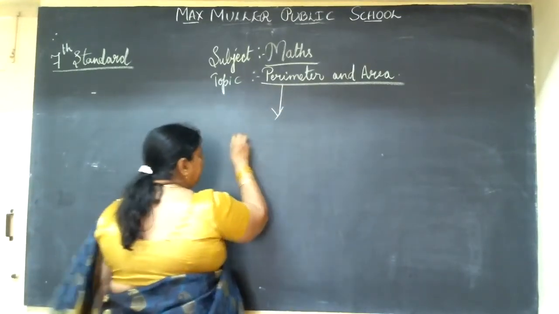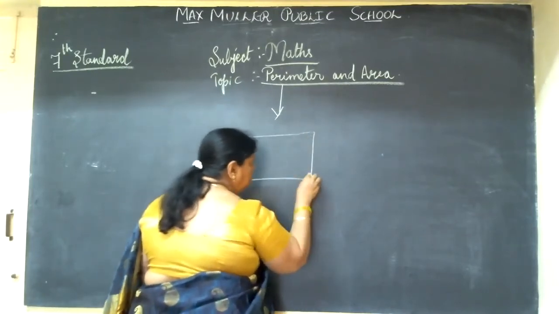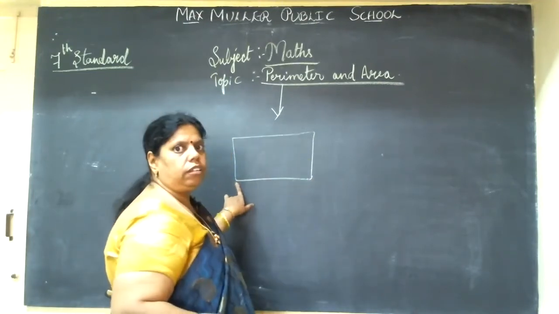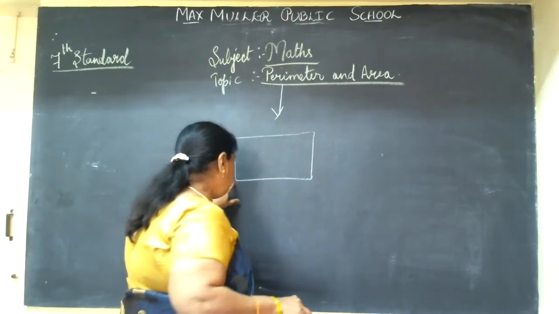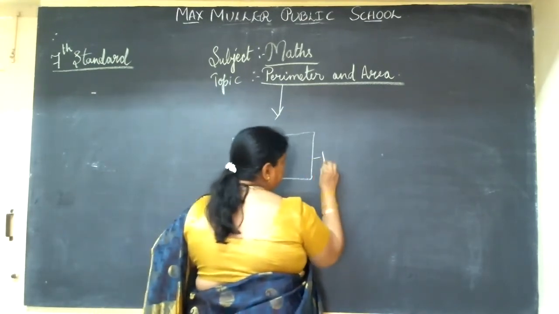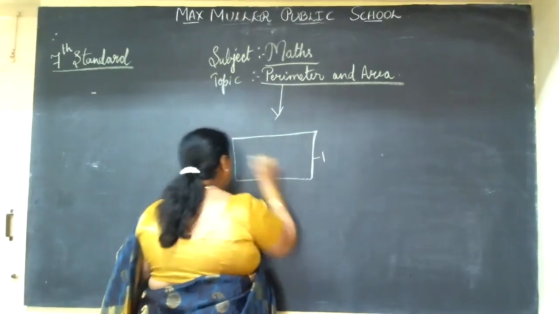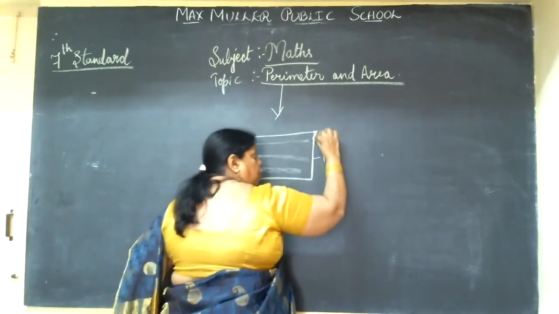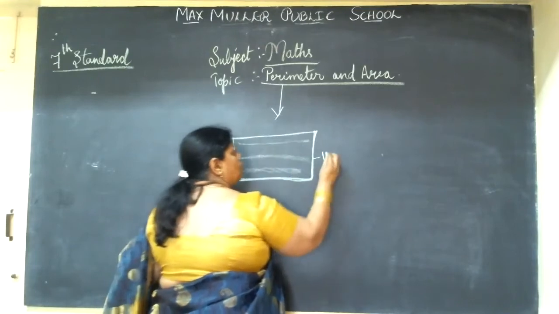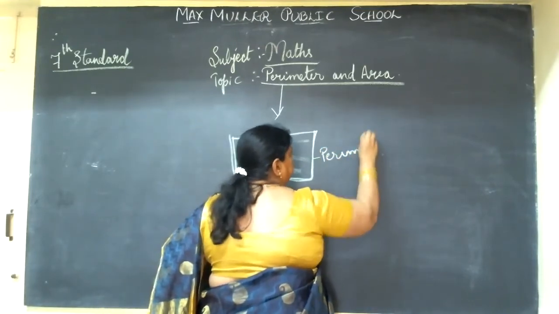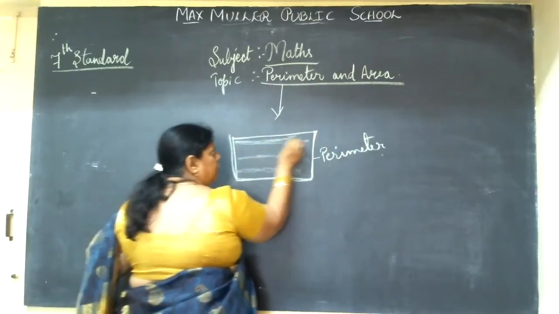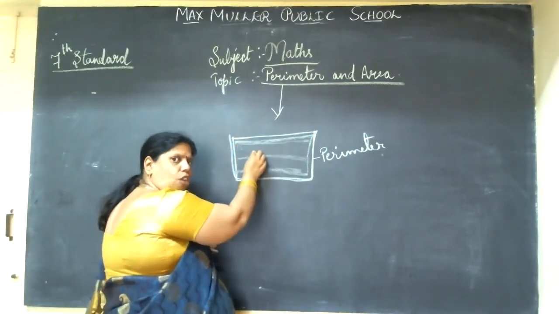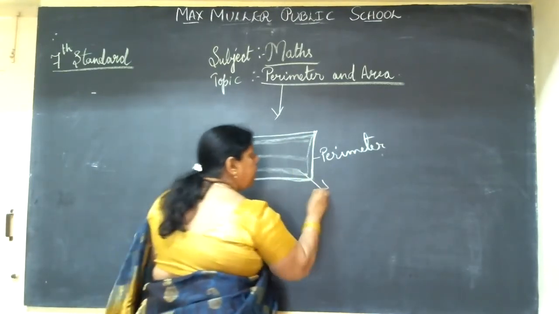For any object you take, the outer border of the object, the place where it occupies, is the perimeter. You observe here, this is the outer line I have written. The inside is the object. It has occupied the space here. This is called the perimeter. And the space inside that is occupied by the object is the area.